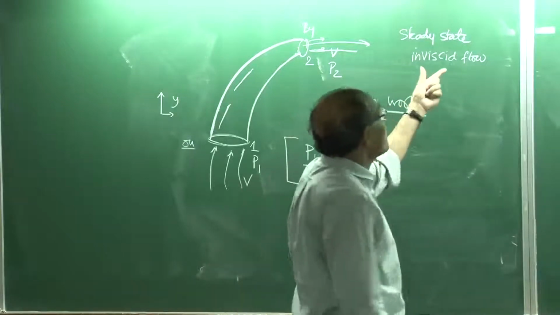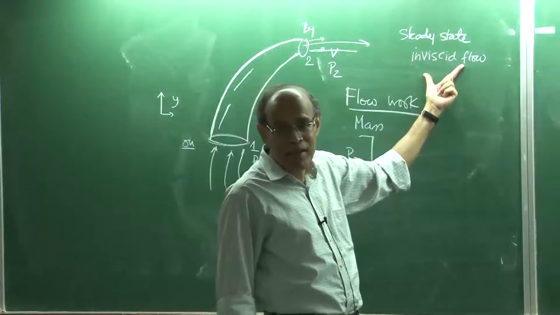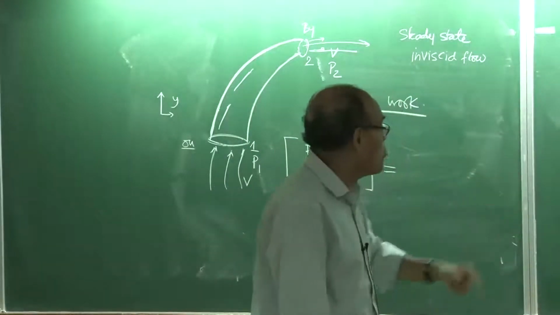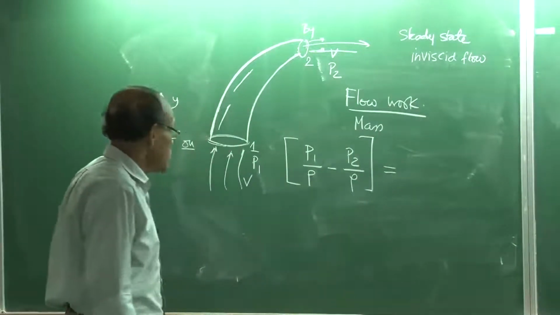Inviscid flow basically means that there are no frictional losses in the system, okay? Because the shear stress is equal to mu into velocity gradient, or negative of mu into velocity gradient. If mu is equal to 0, there is no wall shear stress. So, therefore,